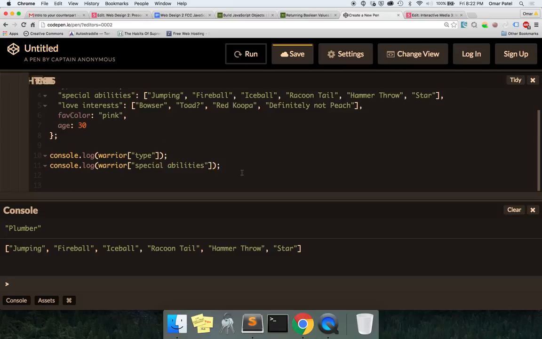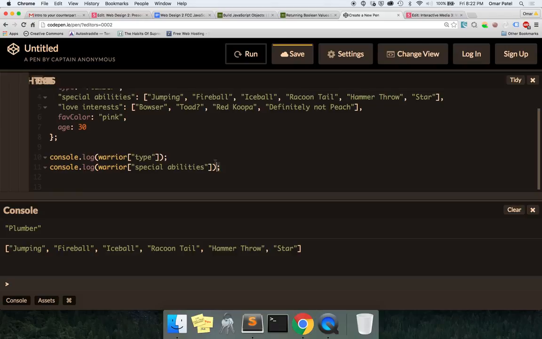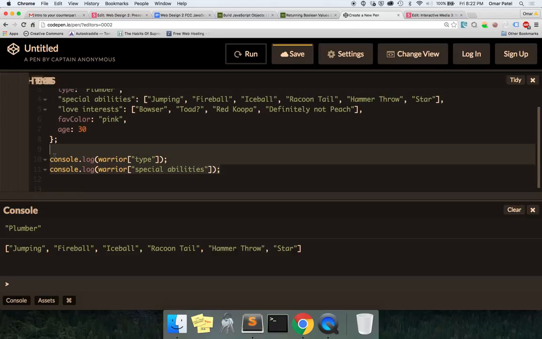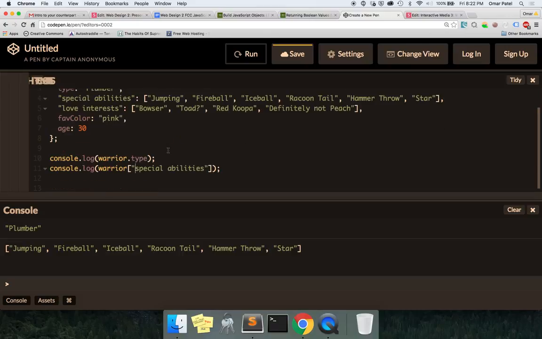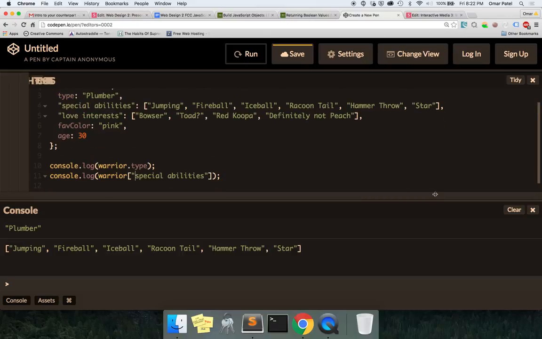Okay. So now that we know how to create an object using an object literal, and we know how to access objects in two different ways, one using the dot notation and one using the bracket notation, I want you guys to create your own objects and access the properties using both dot notation and